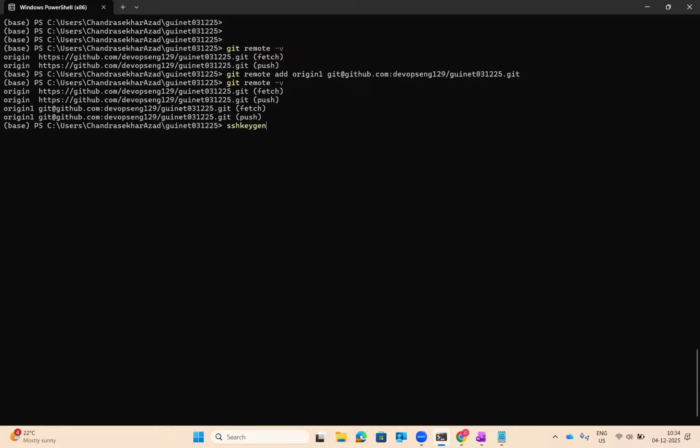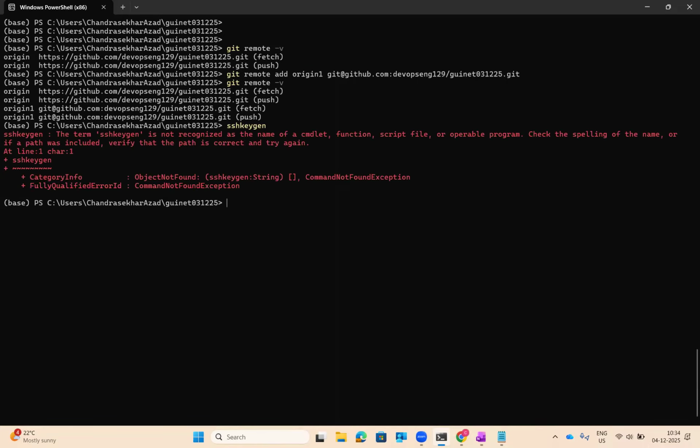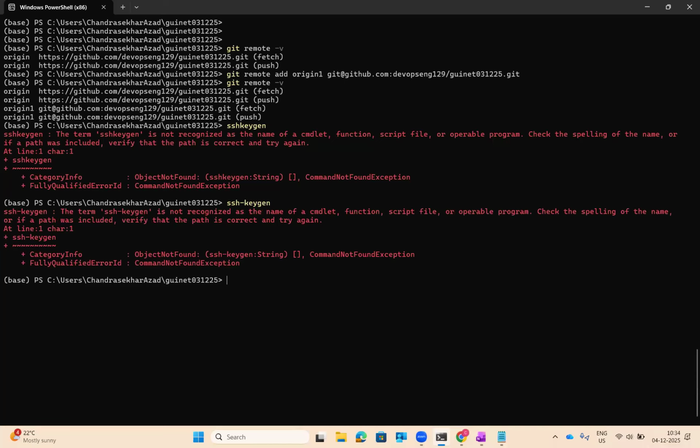This is something which you will use, doesn't matter. And this is not related to Git. This is related to SSH authentication between two machines. Hit enter. Sorry. ssh-keygen. And as you hit enter,